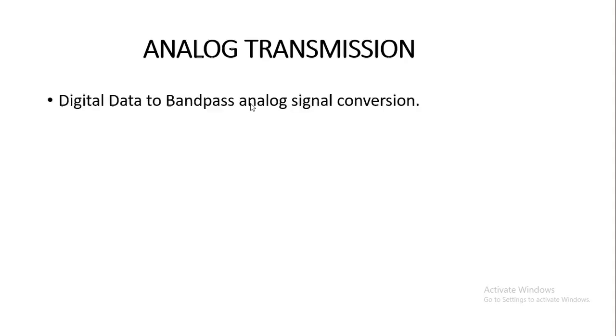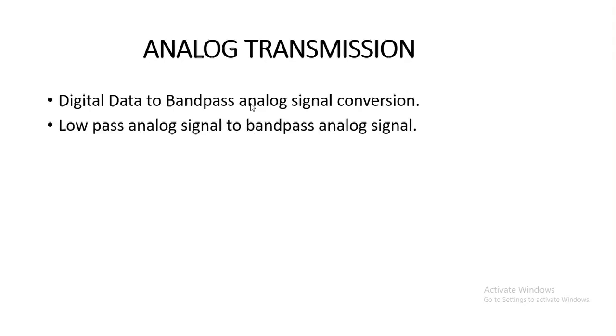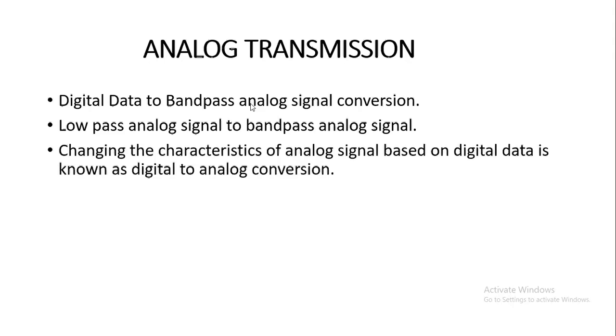Today we are going to learn analog transmission. Analog transmission mainly consists of transmitting your digital data by using your bandpass channel. So particularly, analog transmission consists of two parts. One is converting your digital data to bandpass analog signal, and the other is converting your low pass analog signal to bandpass analog signal. Concerning this,